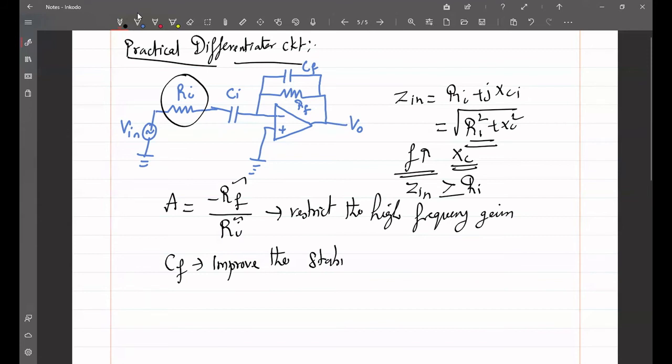Okay, we go for this feedback capacitor. Here in this practical differentiator circuit, you should know that there are two low pass filters available. So this is low pass filter 1 and this is low pass filter 2. Due to the low pass filter, high frequency signals are attenuated in this kind of differentiator circuit. So if you see the frequency response, due to that addition of the input impedance value, the frequency response can be drawn like this.